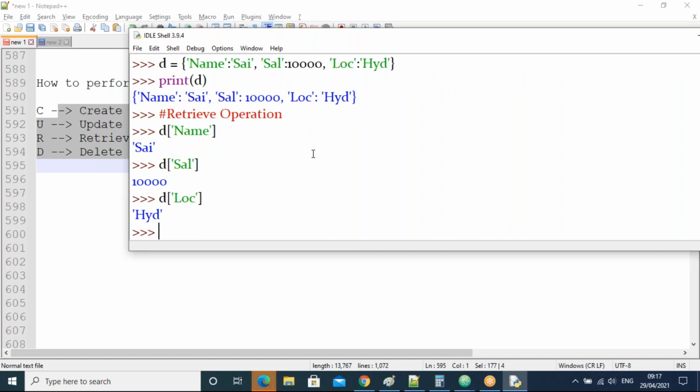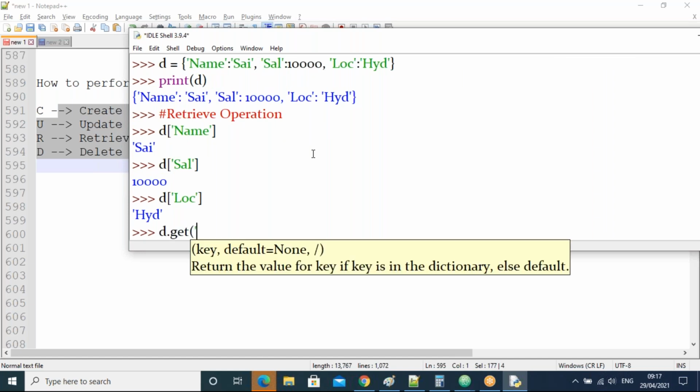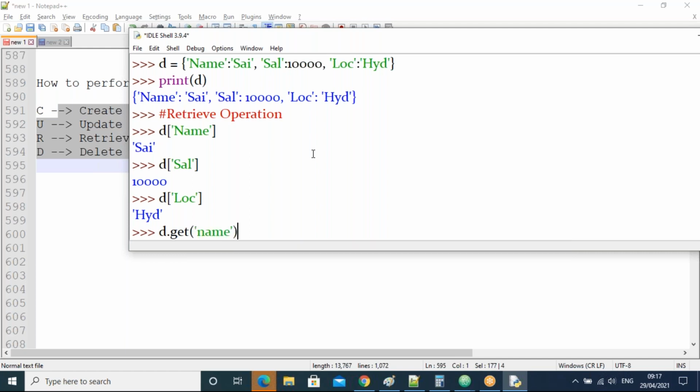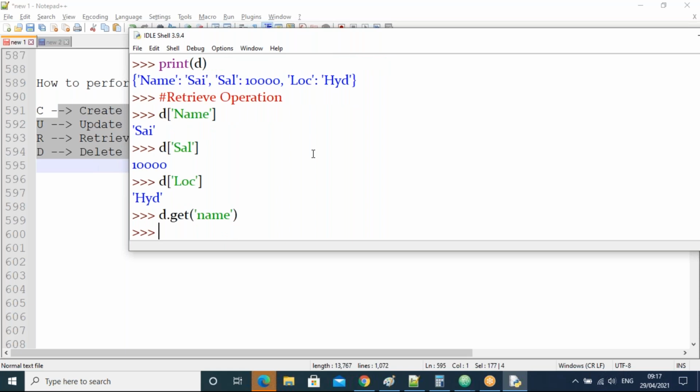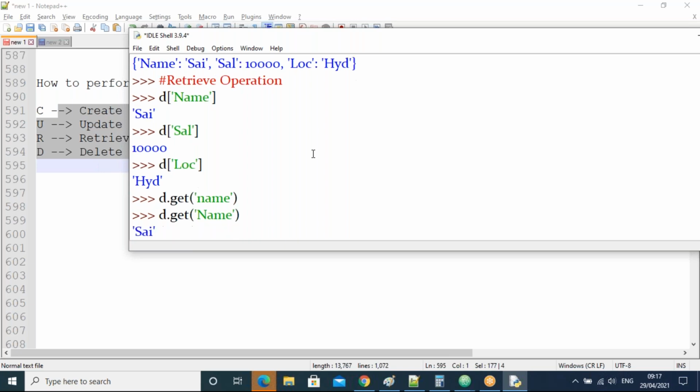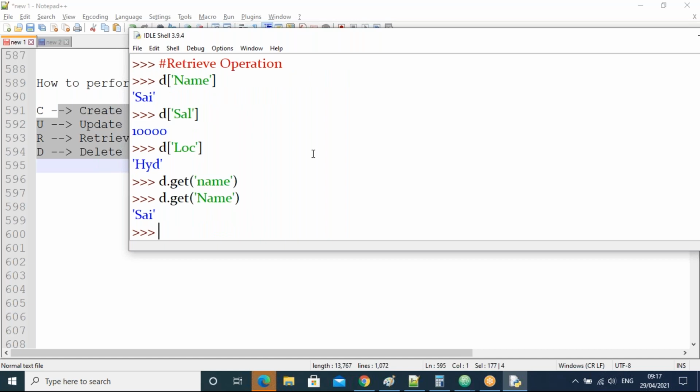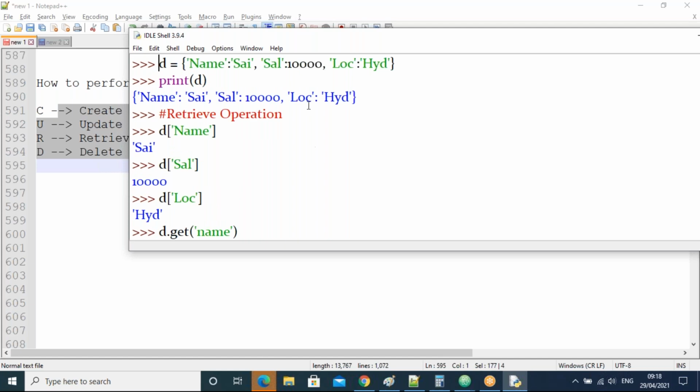This is one way. The second way is D dot get of name. Sorry, guys, D dot get of which one? Get of name. Since the case is different, we should use a capital N here, guys.